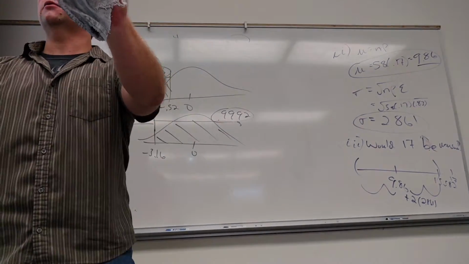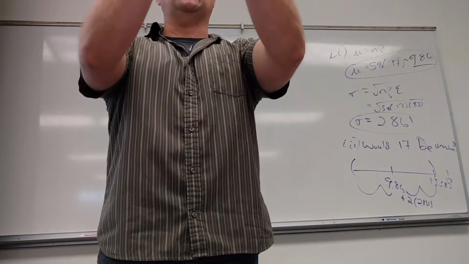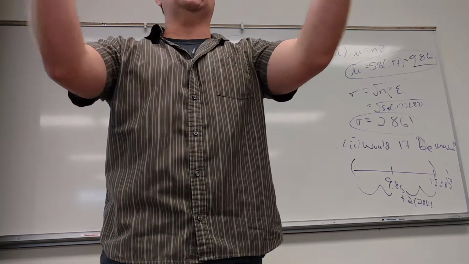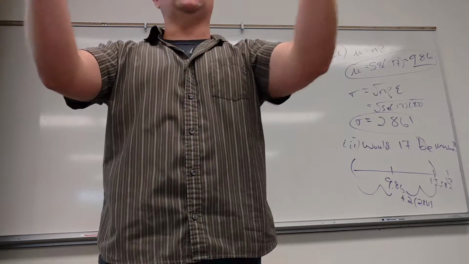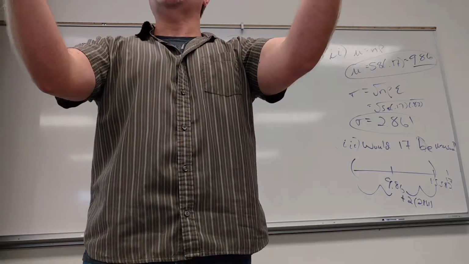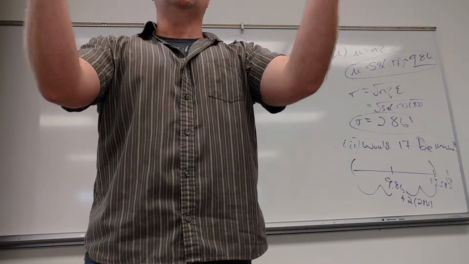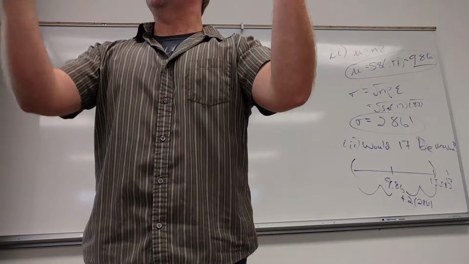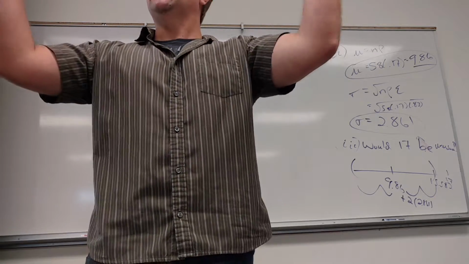So let me ask you this directly from the empirical rule. If I had a normal distribution, how many standard deviations would I have to go out so I catch 68%? To catch the middle, one standard deviation. So it would be -1 to 1 catches the middle 68%. Does that make sense what I just said? So this question is kind of backwards from that. How many z-scores out, up and down, do I have to go to catch the middle